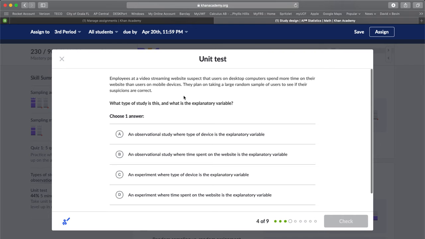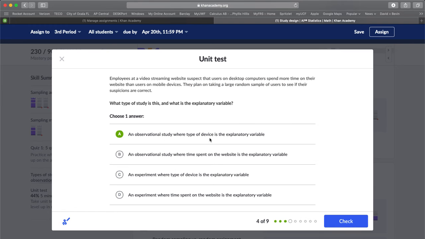This is going to be an observational study because notice they're not saying that they're going to change something about the website or modify something and see what happens. They're simply saying they're going to sample things that have already occurred and things that are happening without their correction or oversight or modification. So it's an observational study, and the explanatory variable is going to be